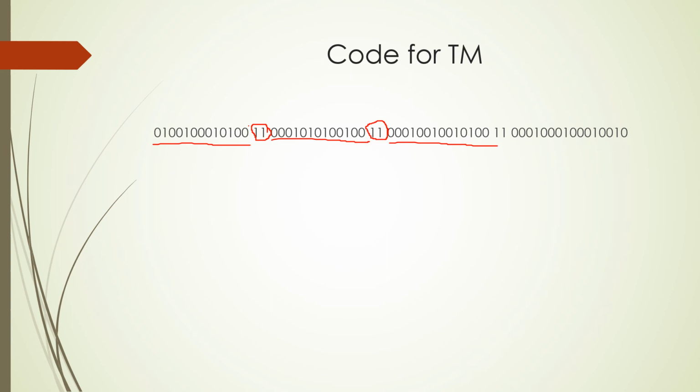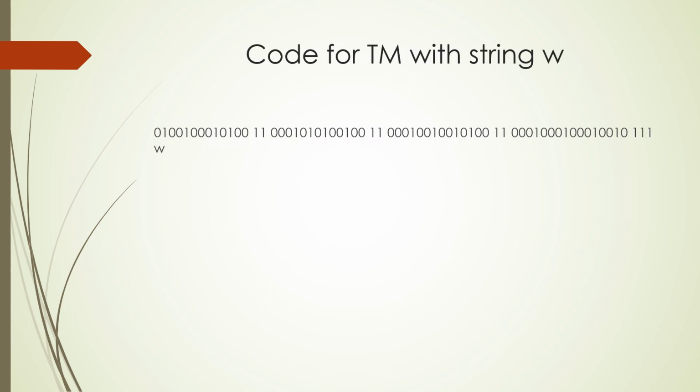Suppose instead of asking us to encode the Turing machine in binary format, the question is to encode a Turing machine that accepts the string W, along with W. How do we write the binary encoding then? As usual, we encode the transition functions and concatenate all the binary encodings with double one as a separator between each transition function. After writing it, we'll have triple one as a separator between the binary encoding of the Turing machine and